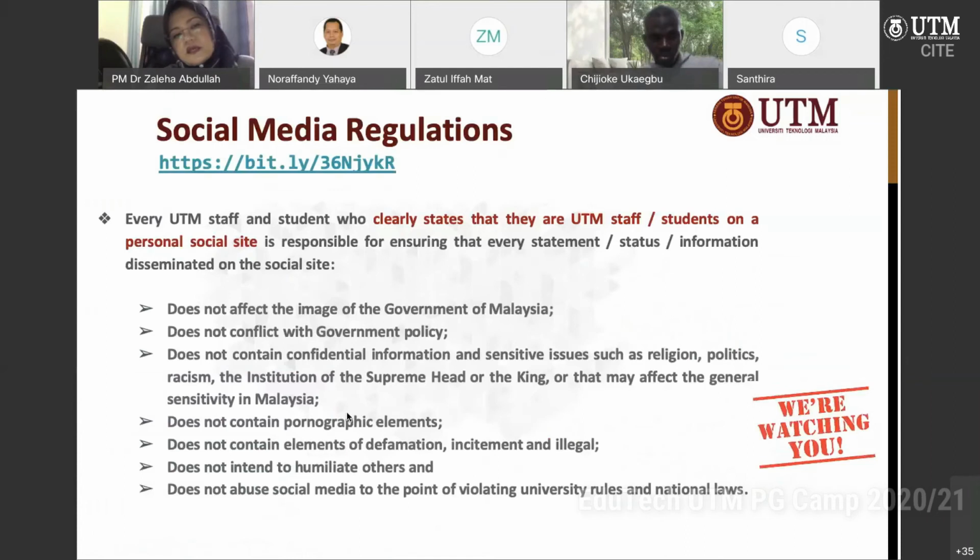Right. Okay, this is to do with social media regulation, like I've said earlier. I would urge you to visit the UTM social media regulation. There have been cases where we have to take legal action, where students distribute false information, especially. So please do not share if you're not sure whether the information is valid or not. All right, do check properly. Like I've given you the new norms link just now. Only trust reliable sources like the student Telegram, okay?